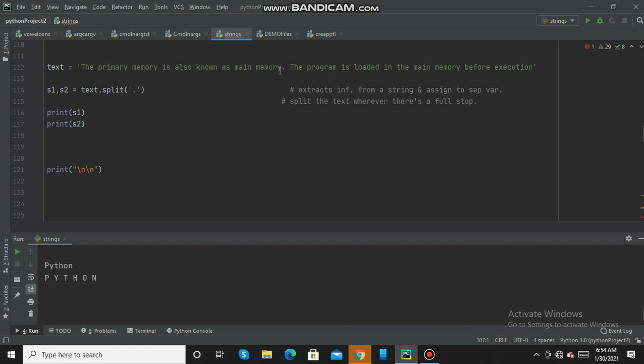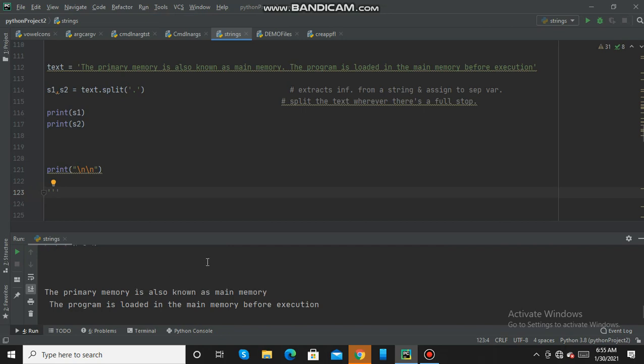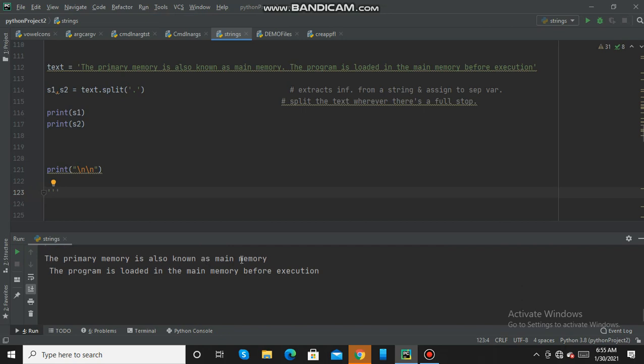There is a full stop here. So this will be my S1 and the remaining string will be my S2. So this is S1 and this is S2. So we have broken the string into two substrings.